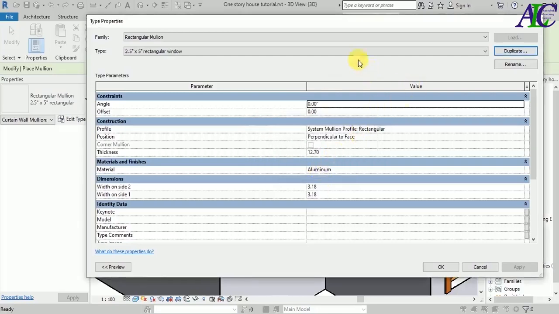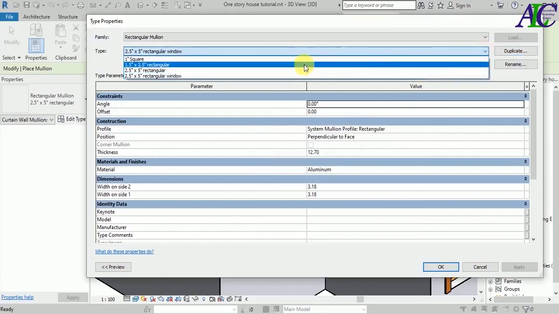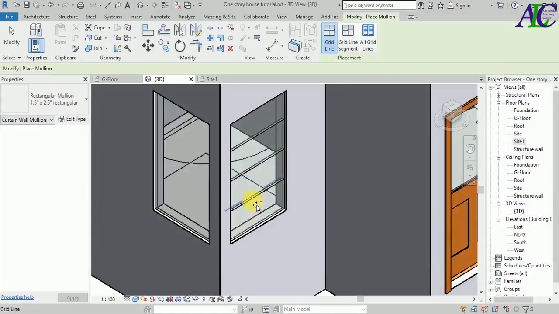So let's go to OK, and for the type I'm going to change this the type. I'm going to use something small, rectangle 1.5 2.5, and then okay. So now if you bring the cursor in here as shown, now just click this,